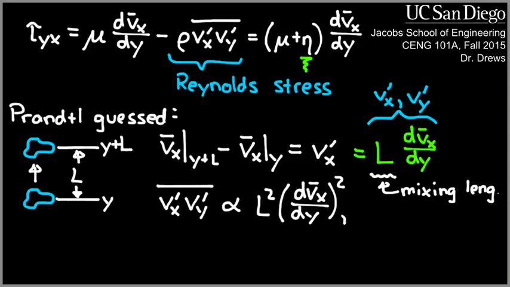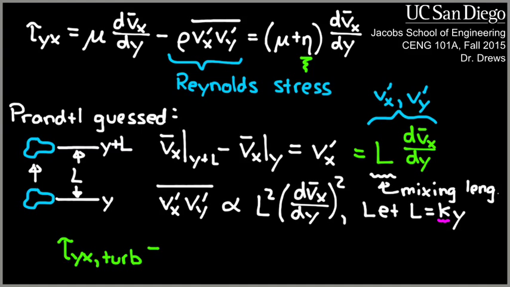He went on to later say a better approximation for L is that it's equal to k times y, where k is an experimentally determined parameter. So if I plug all of that back into my original equation that I showed up at the top, what I find is the following: that tau yx for turbulent flow is equal to rho times k squared y squared times dv bar sub x dy